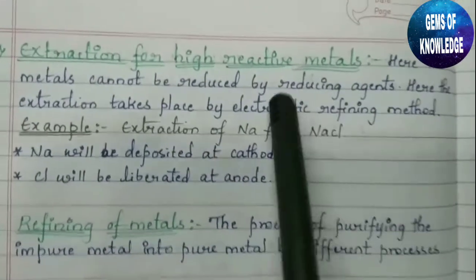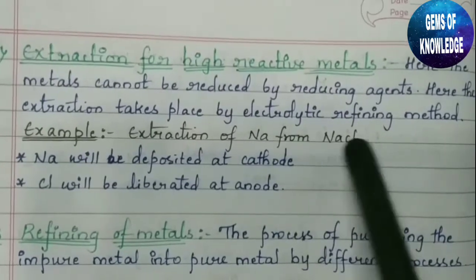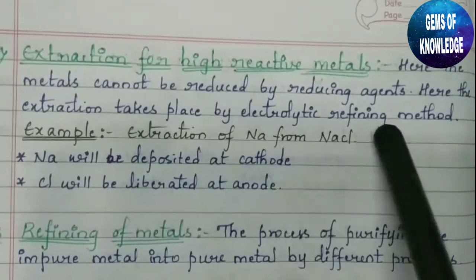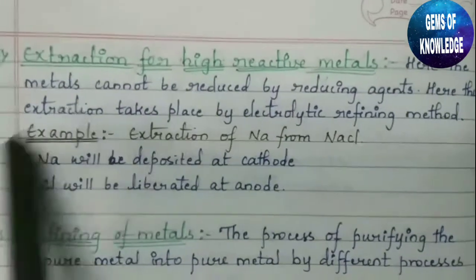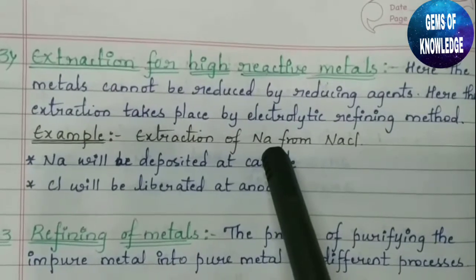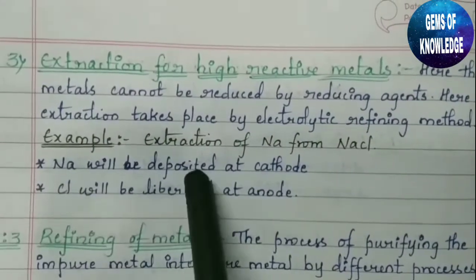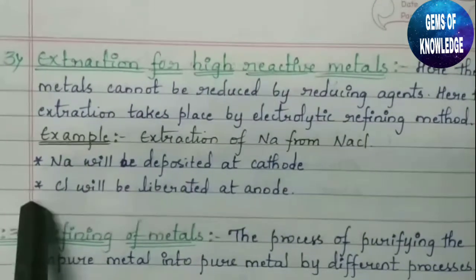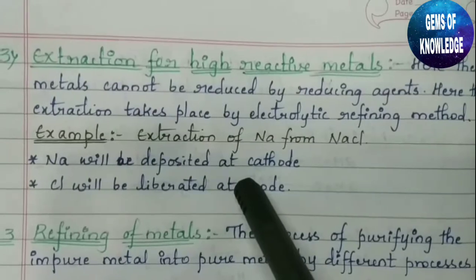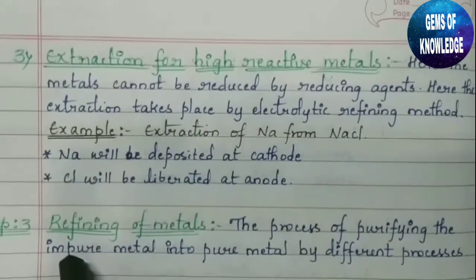So here the extraction of metals can take place with the help of only one process, that is electrolysis. For the example, what we have to remember here is the extraction of Na from NaCl. You have to remember Na will be deposited at the cathode and Cl will be liberated at the anode. The experiment we'll see after this, after the third step,